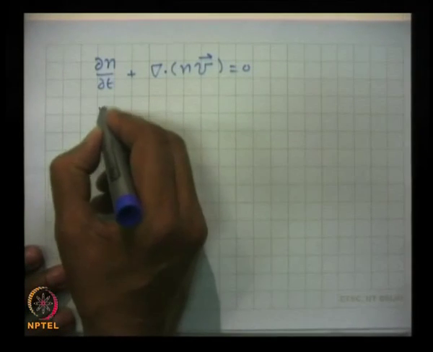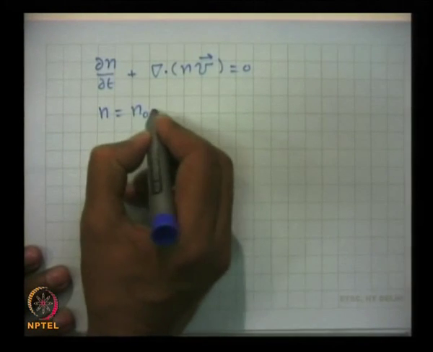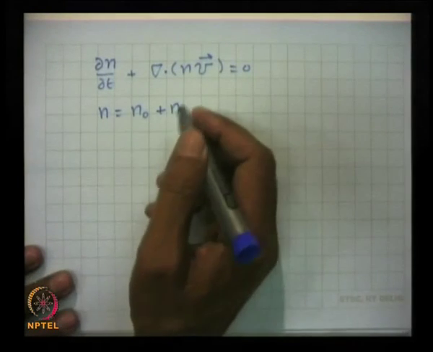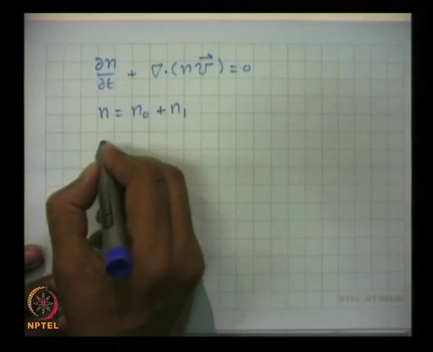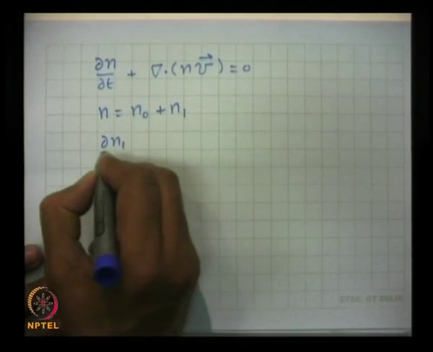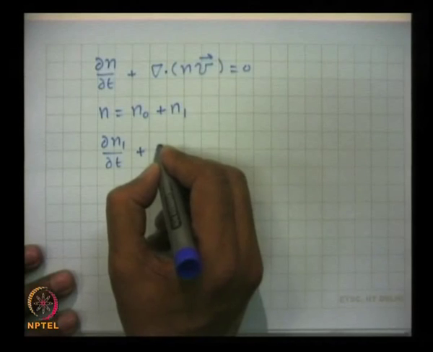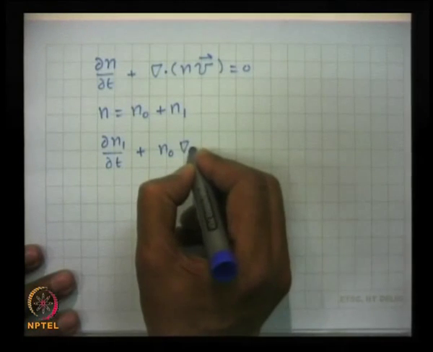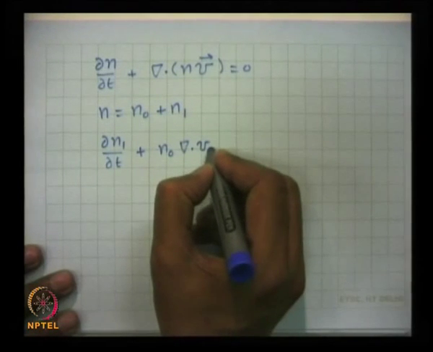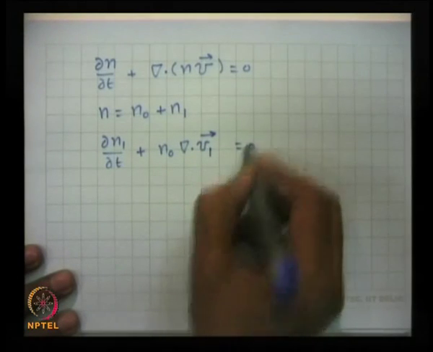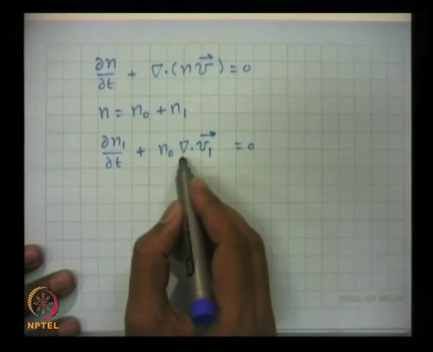N expressed as n0 plus n1. Use this here and linearize, you will get delta n1 by delta t plus n0 del dot v1 equal to 0. Replace del by ik,